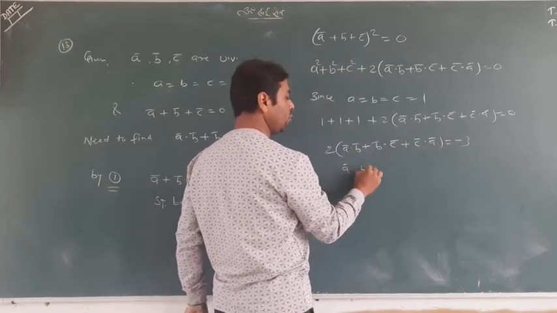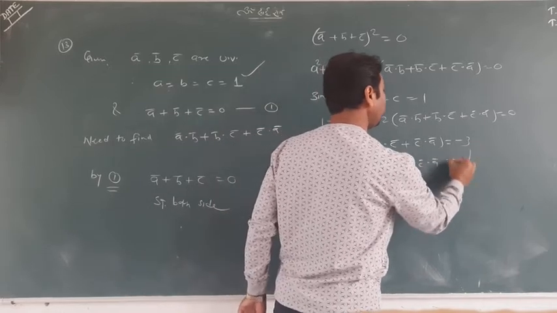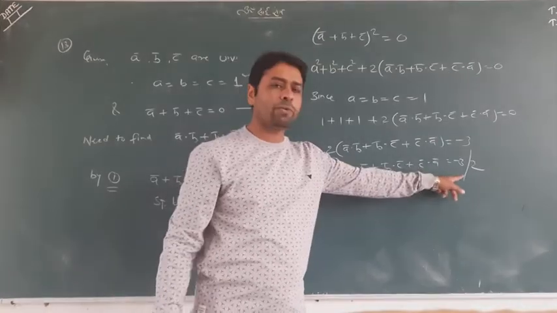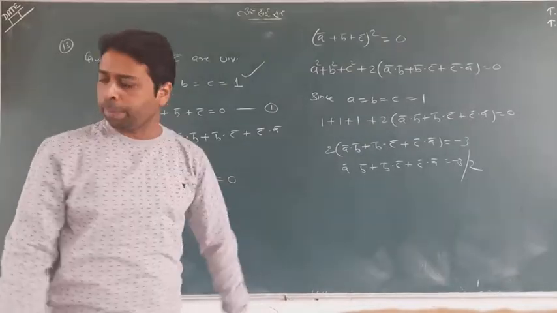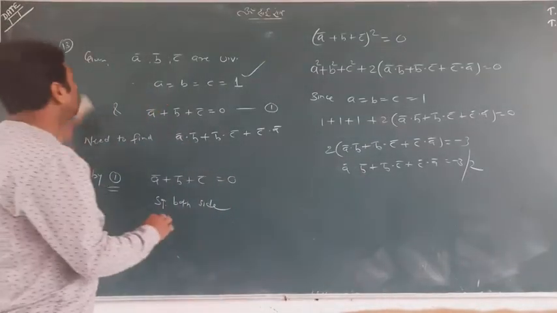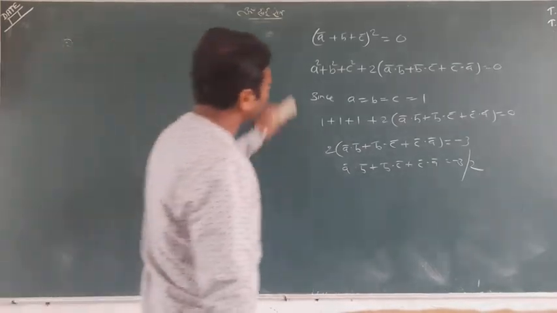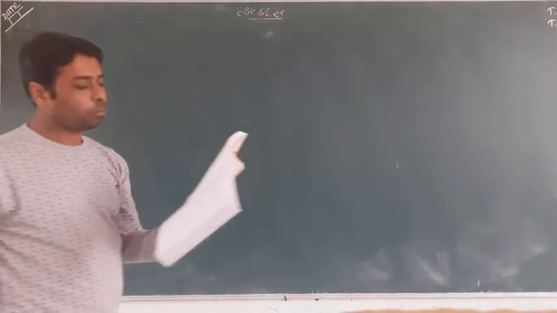And you know A dot B, B dot C and C dot A will be minus 3 by 2. 2 will transfer to that side. This is the answer of A dot B, B dot C and C dot A, which was asked here. So this is a simple question, but at the start you should know how we can start the question. So this was a good question explained. Now in the next some questions I will take.